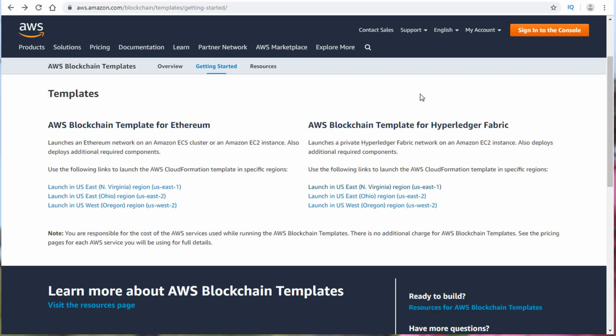Let's talk about deploying AWS blockchain templates. At the time of writing, there are currently templates available for Ethereum and Hyperledger Fabric. Before we get started, we need to talk about a few things. This is AWS. It's not as simple as deploying a template. If you're not familiar with AWS, no worries. I'm going to walk you through everything, and do ensure you download the step-by-step instructions on how to do this, because again,